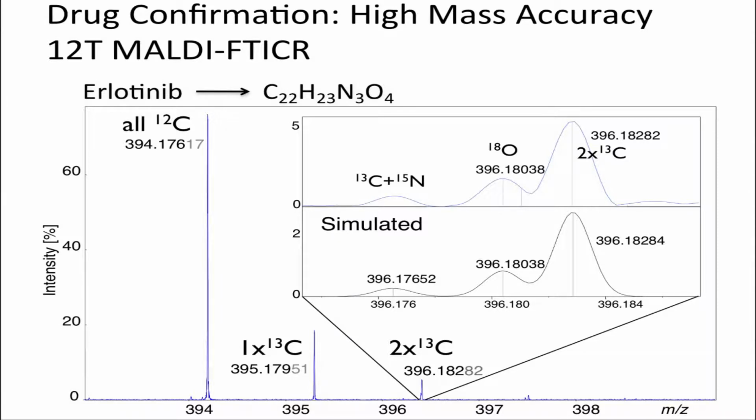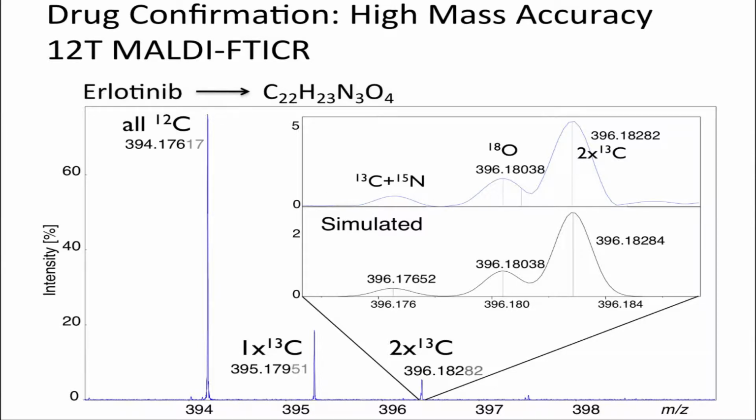accuracy mass spectrometry. Here, this one was done with a 12 Tesla MALDI-FTICR instrument. We typically use a 9.4 Tesla magnet. But what we are looking for is, for example, if you have Erlotinib here, you have the chemical formula. We're looking for the monoisotopic peak, and then the isotopic distribution, considering the natural isotopes of the different